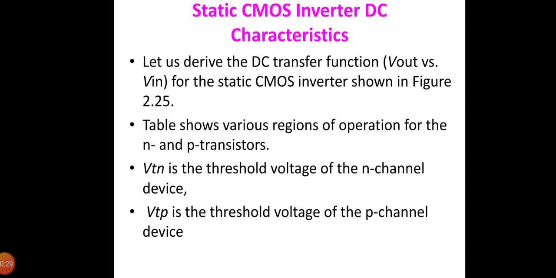Now, let us derive the DC transfer function for the static CMOS inverter. The inverter is truly the nucleus of all digital systems. Once its operation and properties are clearly understood, designing more intricate structures such as logic gates, adders, multipliers, and microprocessors is greatly simplified. The electrical behavior of these complex circuits can be almost completely derived by extrapolating the results obtained from the inverters. The analysis of inverters can be extended to explain the behavior of more complex gates such as NAND, NOR, or XOR, which in turn form the building blocks for modules such as multipliers or processors.